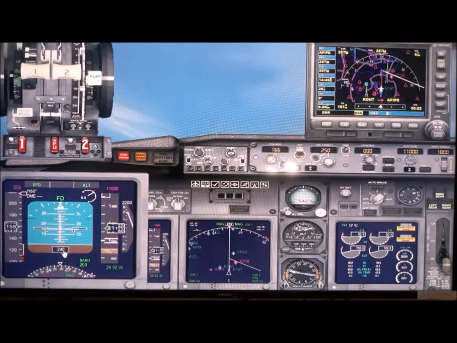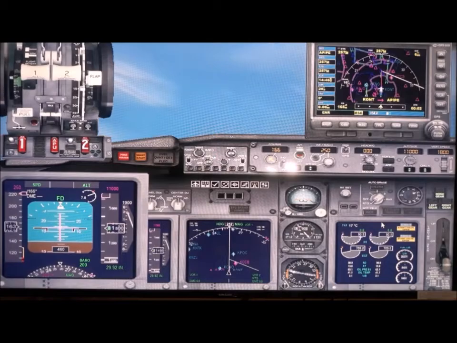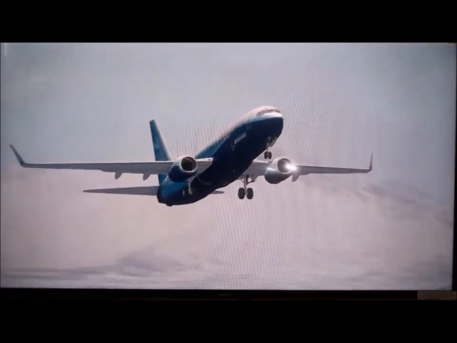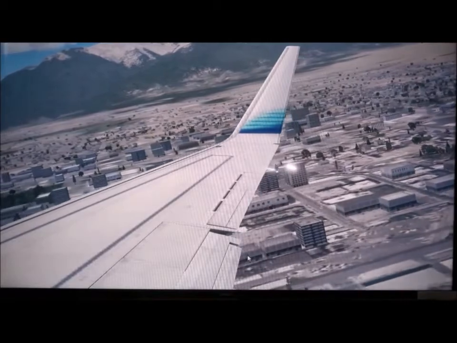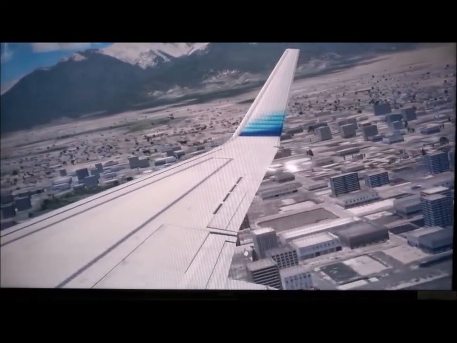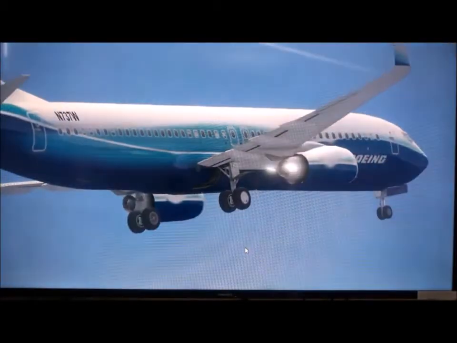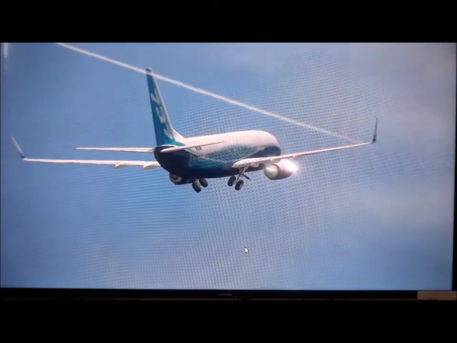And this is climbing now, 200 feet. When it is around 300, 400 and stable, I will engage the autopilot, and then the autopilot will take over the climb. Now you can see the plane is climbing, and what we will do is put the flaps back. Okay, then we will also have to put the landing gear up. The landing gear up. Okay.